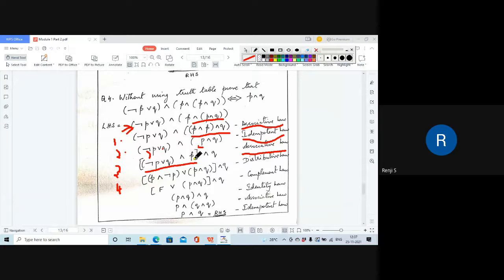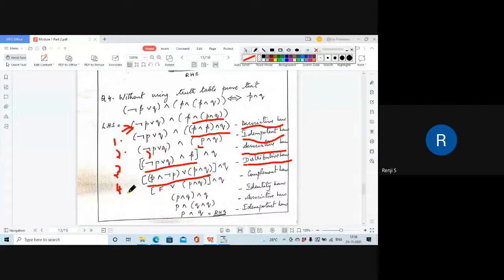It is equivalent to P and P, isn't it? And here the P is not P. So P and not P or P and Q. So here we had applied distributive law to expand this. P and (not P or Q) can be written as (P and not P) or (P and Q). So that is distributive law. And we had written the not Q as such here. Isn't it? That is distributive law.